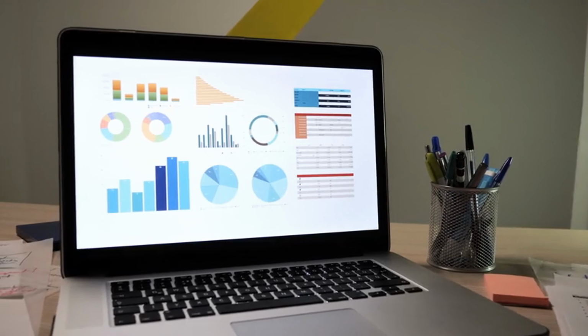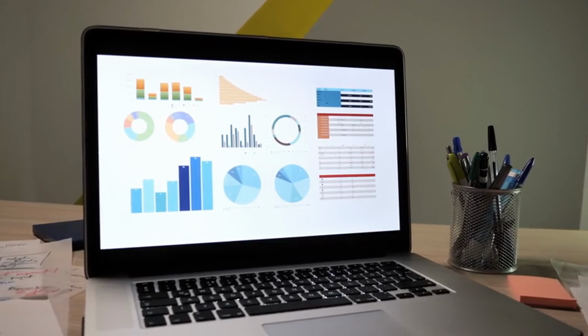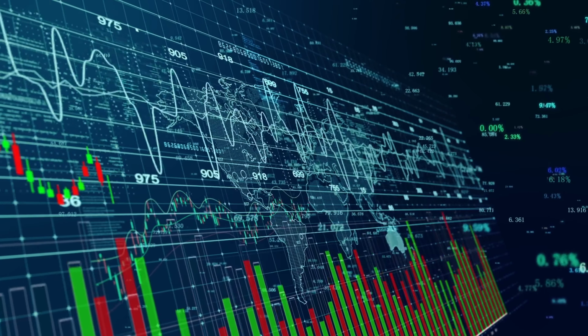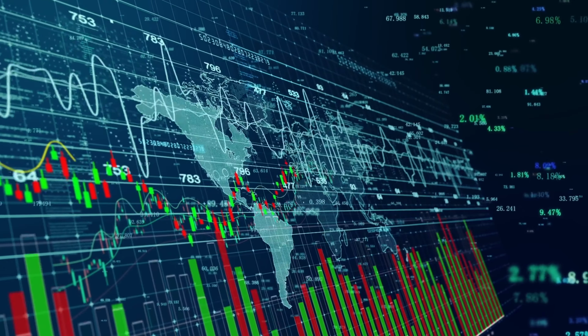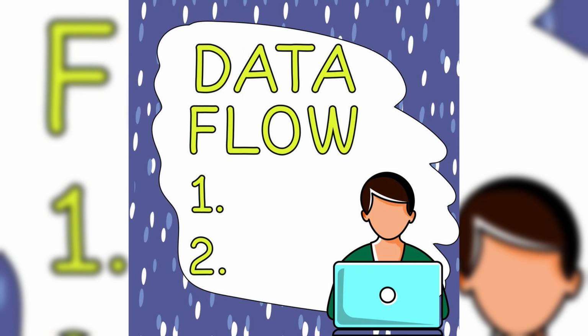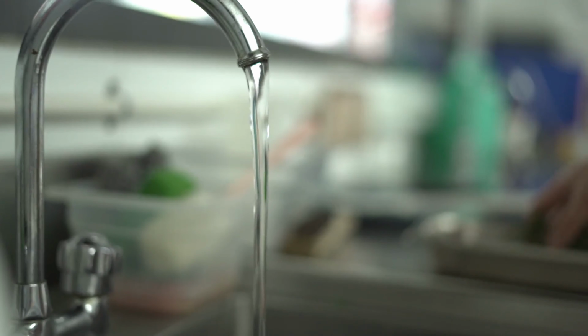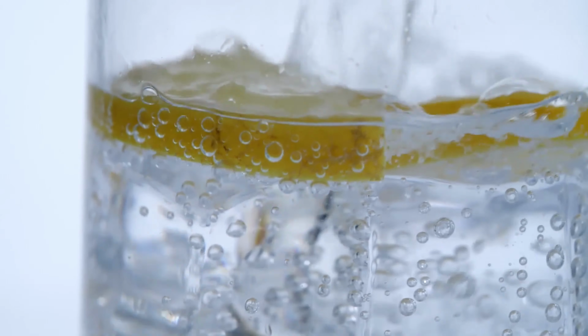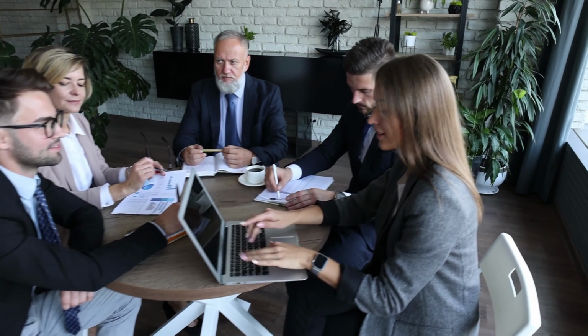Don't underestimate the power of visual aids and analogies. Visuals like charts, graphs, and infographics can make complex data more accessible. Analogies can also be incredibly effective. For example, you might compare a data pipeline to a water pipeline, where clean data is like clean water that needs to be filtered and directed properly. Analogy as a tool can transform abstract concepts into tangible ideas that are easier to understand.